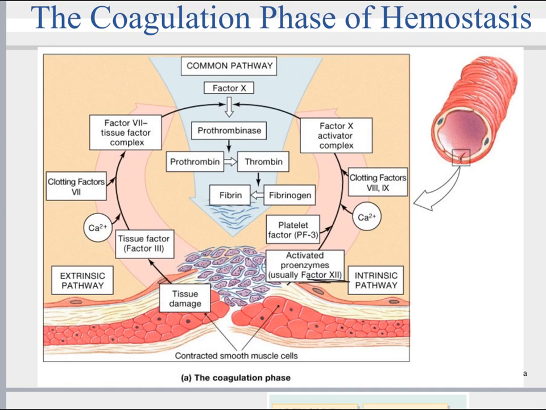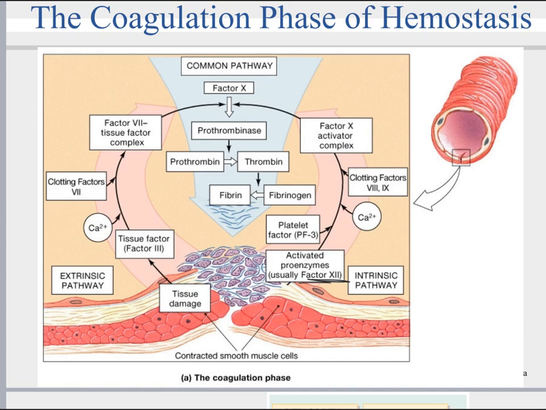So factor 12 comes into contact with foreign materials, such as when a blood sample is put into a glass test tube. Within the body, factor 12 is typically activated when it encounters negatively charged molecules. An example would be inorganic polymers and phosphates produced earlier in the series of the intrinsic pathway reactions. Factor 12 really sets off a series of reactions that in turn is going to activate